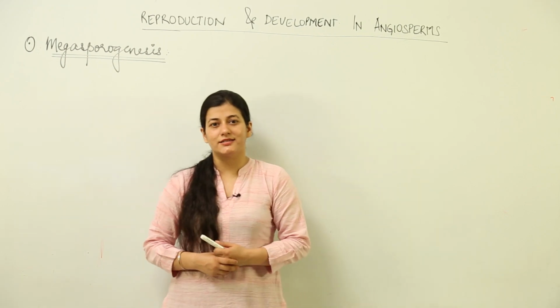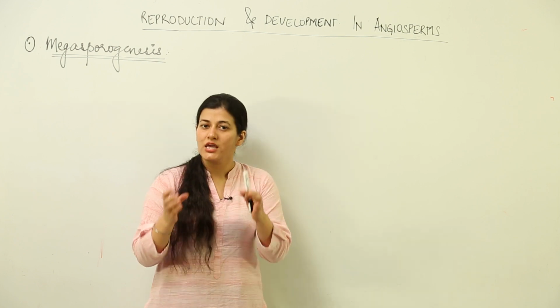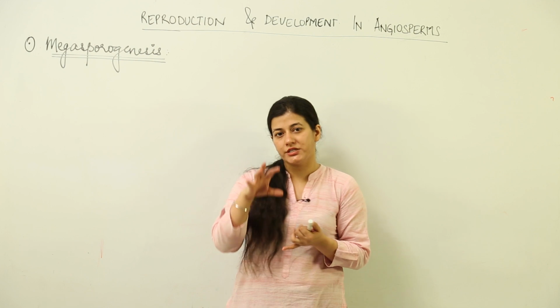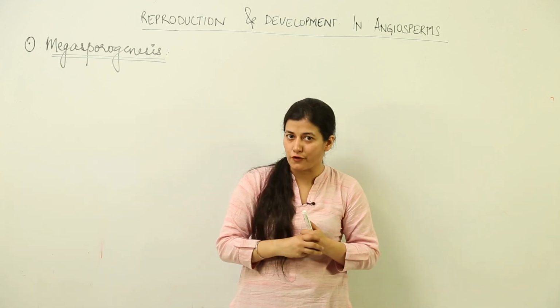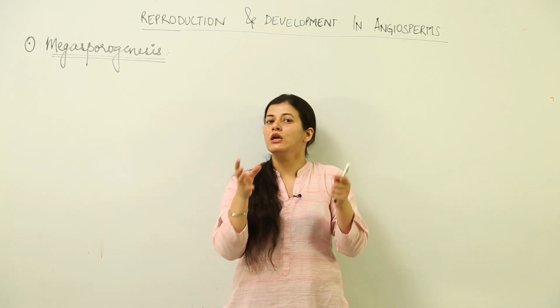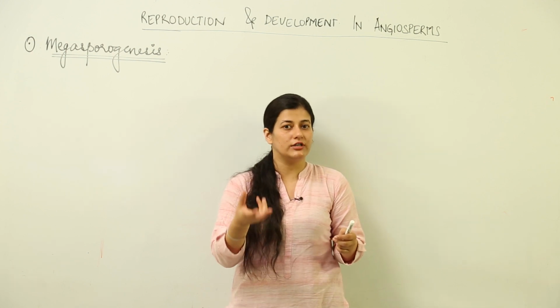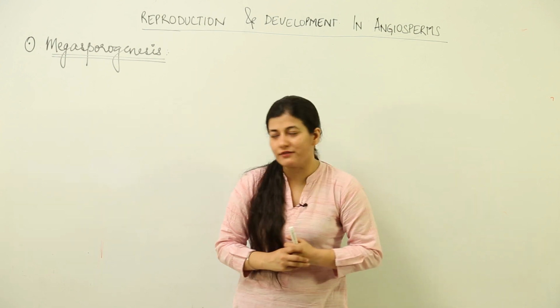In the previous lesson, what we had seen was the formation of the male gamete inside the pollen grain. While discussing it, we covered what the male gametophyte was and how it was formed, from where it was formed. Now we are going to shift to the female gamete and see what the female gametophyte is, and how it leads to the formation of the female gamete, that is the egg. So we are going to cover the topic of